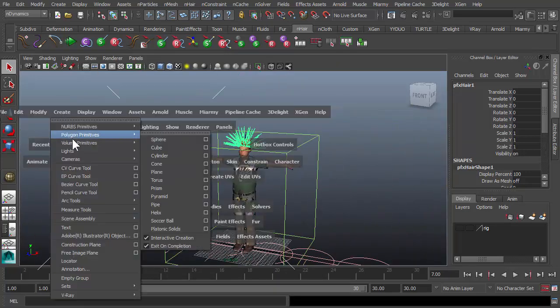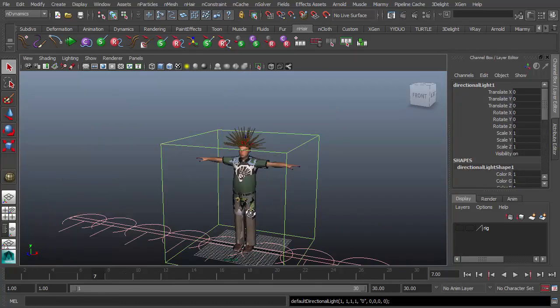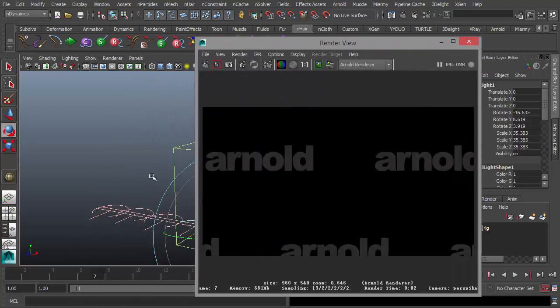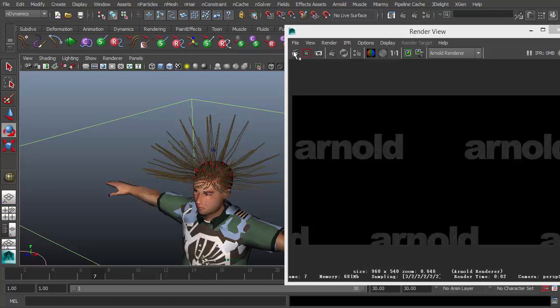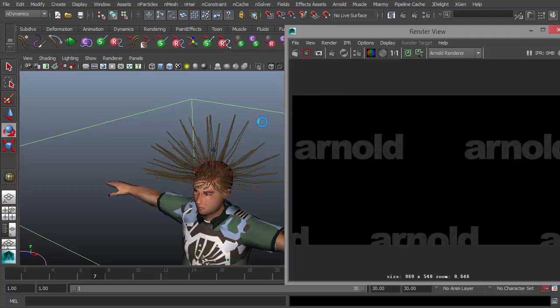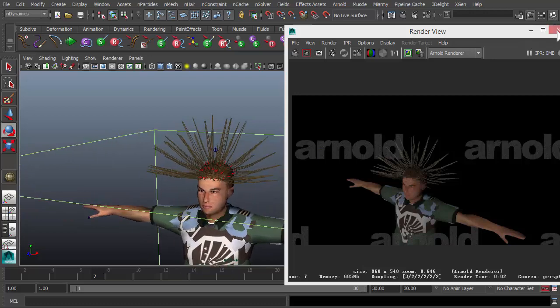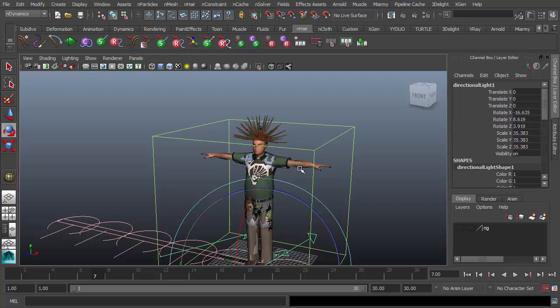Let's create a default light, the directional light. I don't know why the Arnold still does not provide the default light. That should be okay, and let's render it. Everything is correct now, and let's just use the character cache and drive the origin agent and export the render